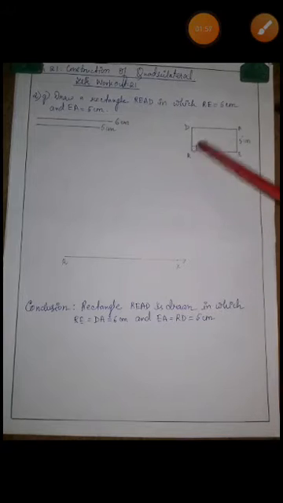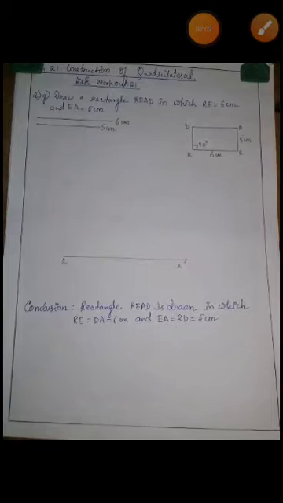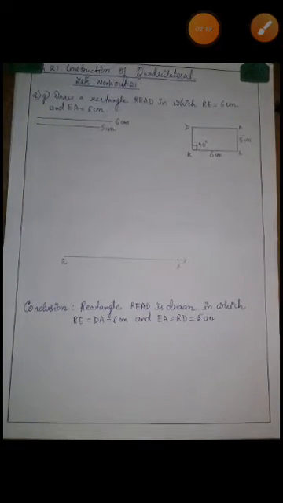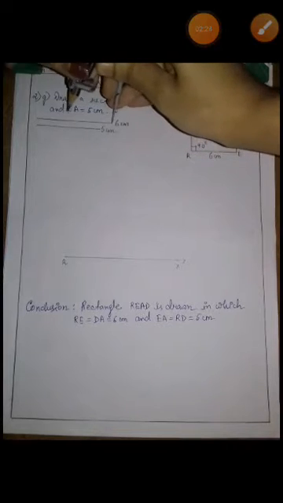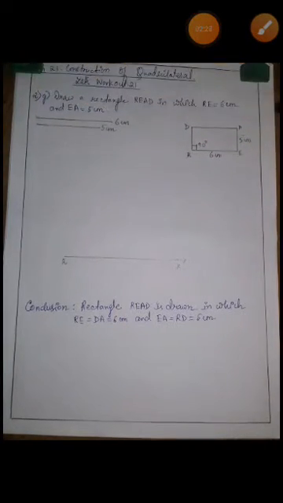Now here by the rough diagram we can see that RE is 6 centimeter. So students, I have previously only drawn the line segments of the given measurement before starting the construction. This was already told you before also that before beginning you are going to keep the line segments drawn of the given measurement. So at first RE we are going to take 6 centimeter. So you are going to take the measurement with the help of compass.